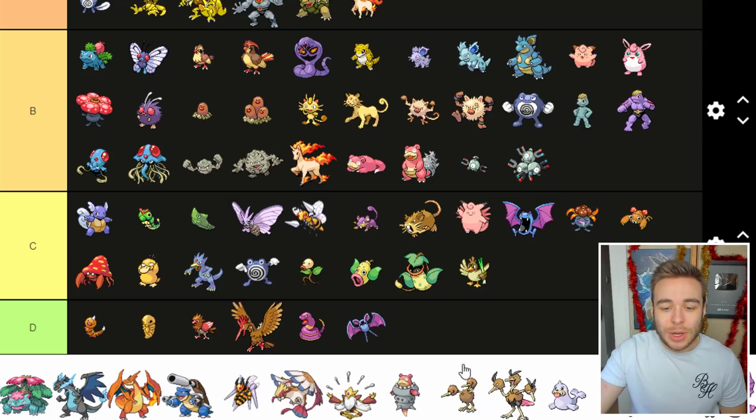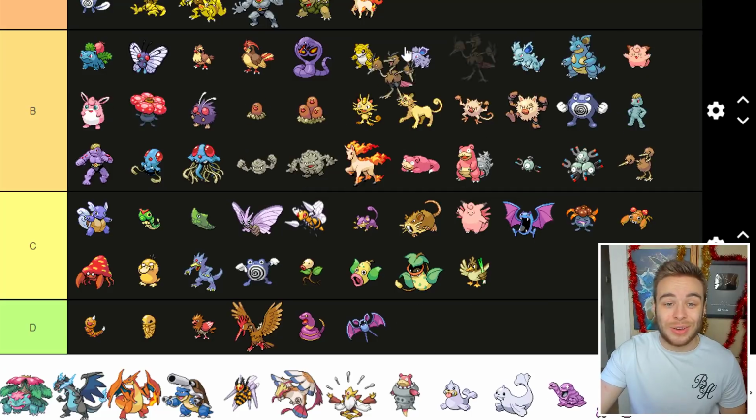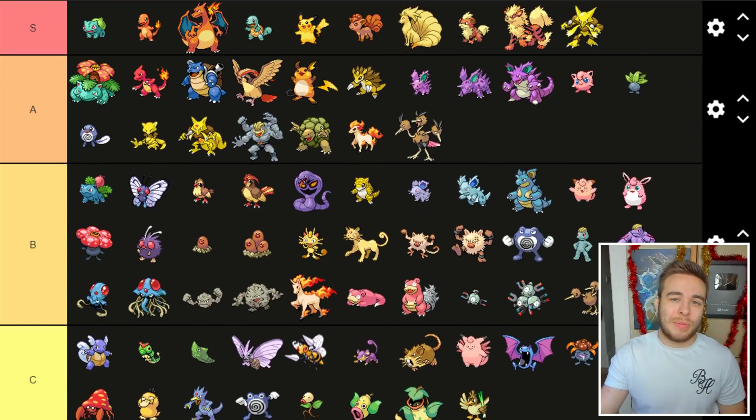Doduo and Dodrio. Doduo, B tier. I do really like Dodrio, though. The thing about Dodrio that I remember is that in Fire Red and Leaf Green, you had to have a Dodrio for, like, this mini-game or something on, like, Four Island. And I always remember never having one, because it was never really a Pokemon I would go out of